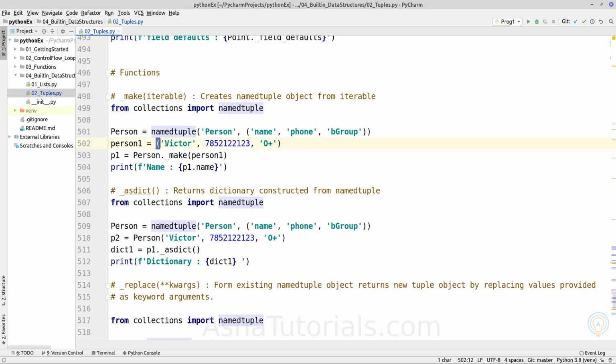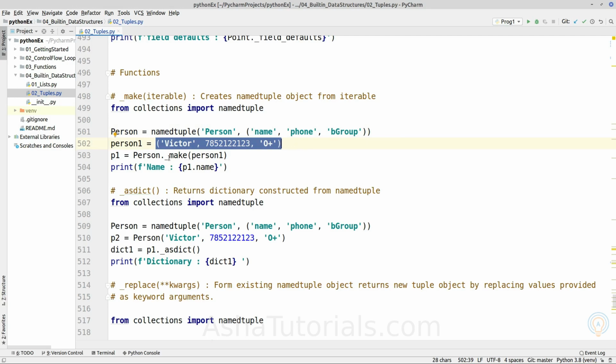If we have an iterable, which can be anything, a tuple or a list object, having the same number of elements as accepted by the constructor of the namedtuple class, we can use it. Here it takes 3 mandatory parameters, and as we can see, we have an iterable or sequence having 3 values.